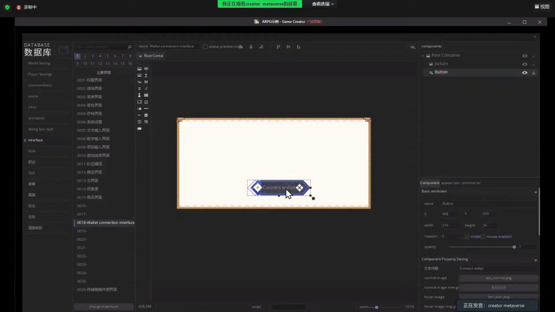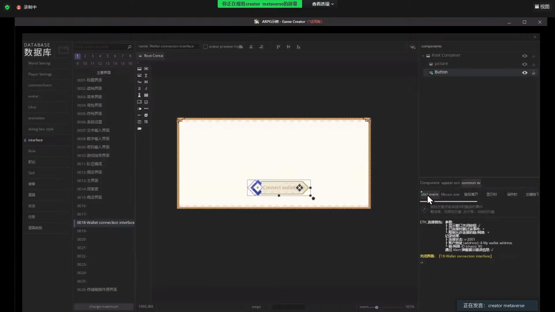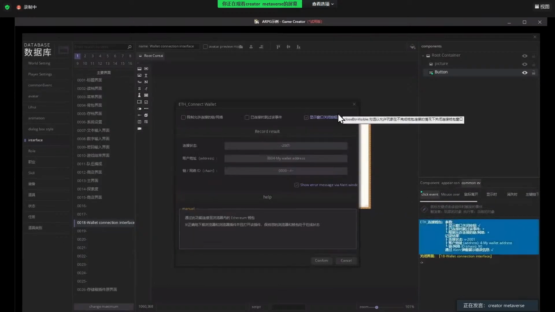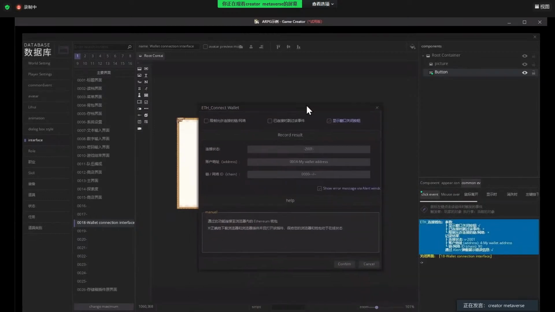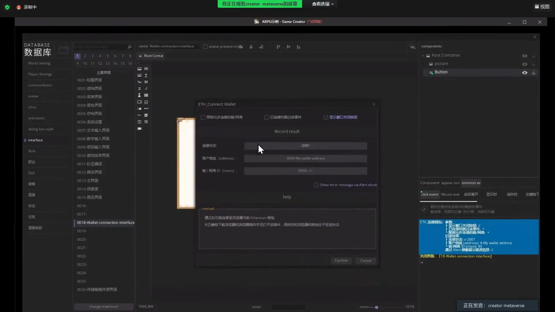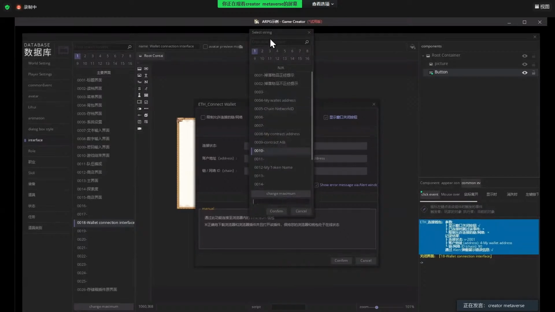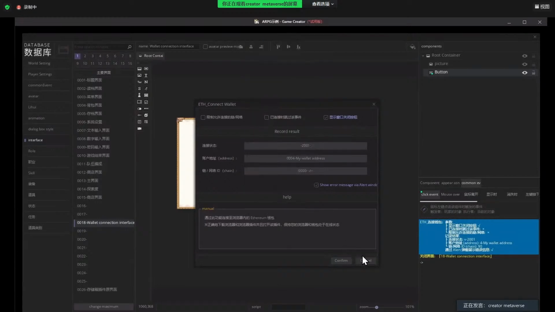Then we choose this button, the common environment, and the click event. When we click this button, it will trigger an event to connect to the wallet and pull the wallet address and write it back to the variables. Here we can decide which string variable it writes the wallet address into. So here we write into the 0004 variable.